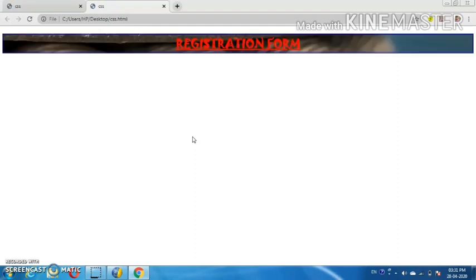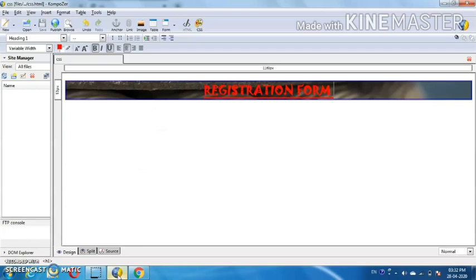Now it will open in your default web browser. Now you can see this is my final output. I have taken it as H1, so I am getting the output in my H1 heading.